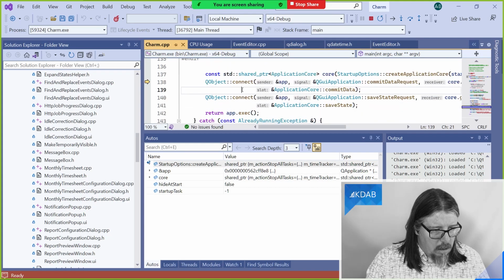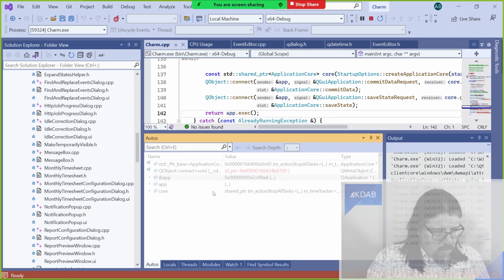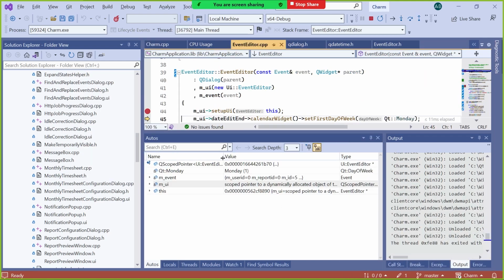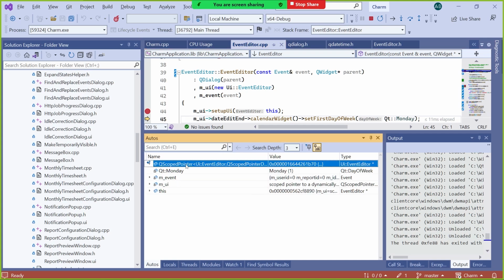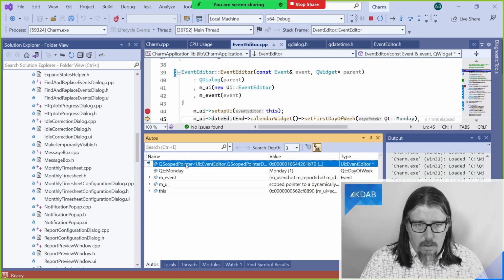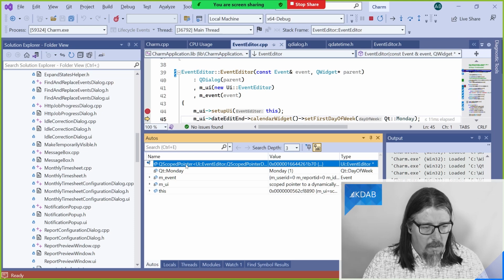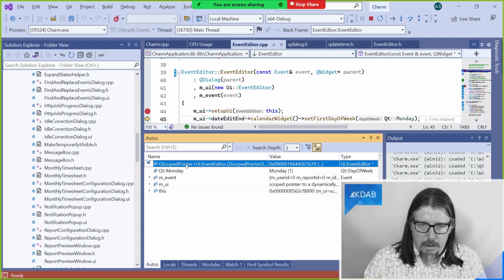And another thing that it is handy that it shows you. There we go. There's a return value for the scope pointer creation here. So as well as things that are purely local, it will sometimes show you impermanent things that are handy to know about.